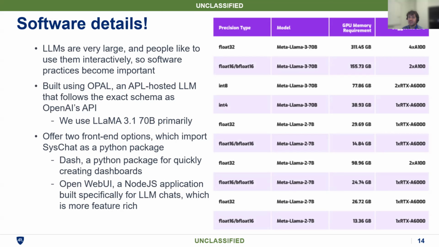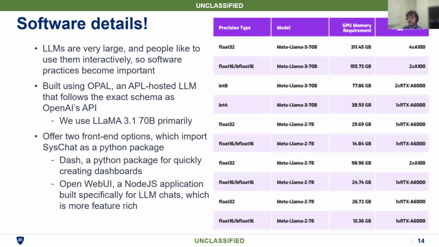That's pretty much a supercomputer. You would need an RTX A6000. And if, let's say, we wanted to run inference on something like Meta Llama 3 70B at float 32 precision, we would need 311 gigabytes of GPU RAM, which is four A100s, which is almost data center levels. So it's really prohibitive on what you can do.